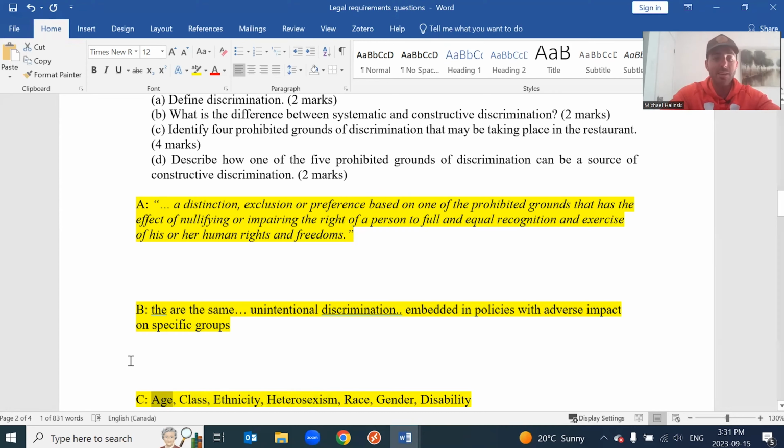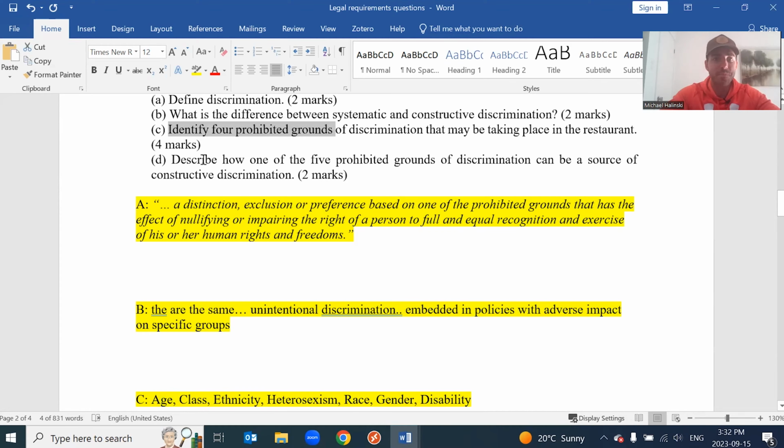Ageism could be you don't want to hire young servers because they're less intelligent or less knowledgeable of the food or something like that. So in that case, it'd be ageism against the younger workers. Okay. But in this case, I just ask you to identify 4, so you don't need to explain them, but I would say 4 that are related to the restaurant.